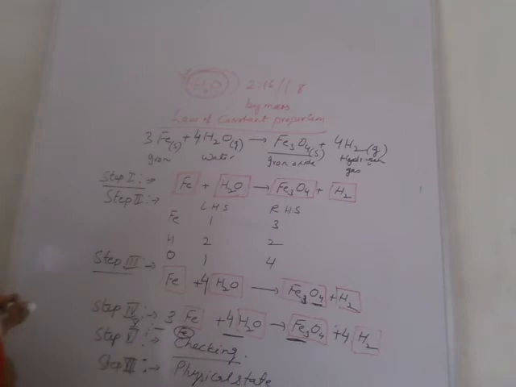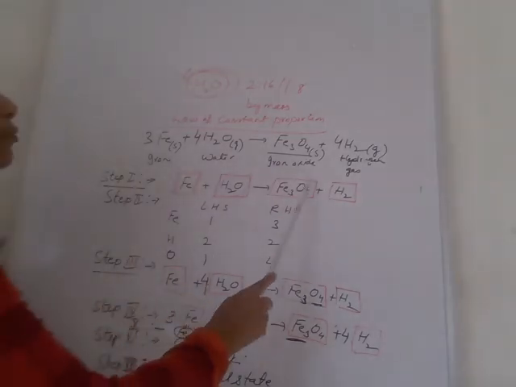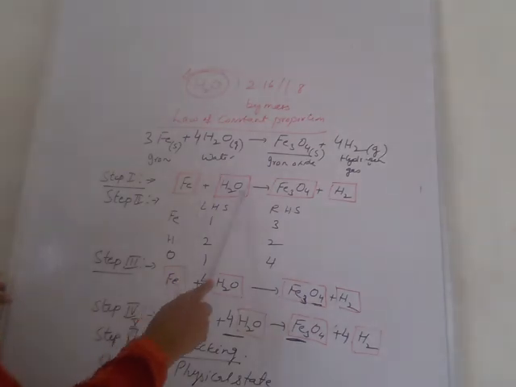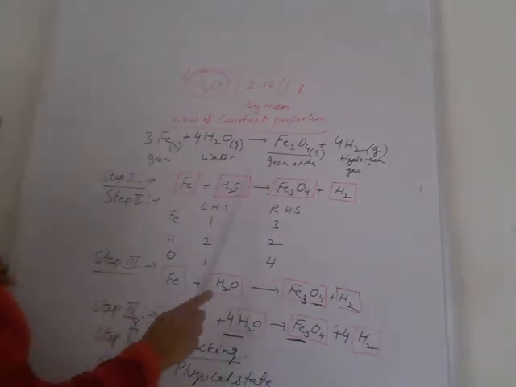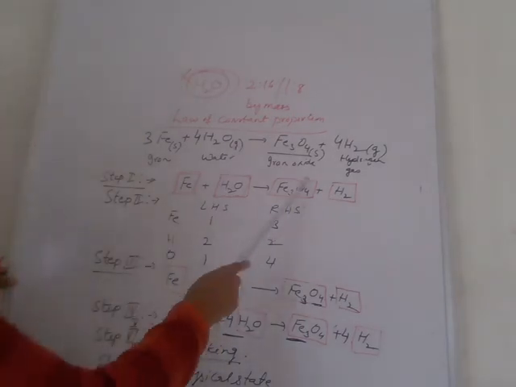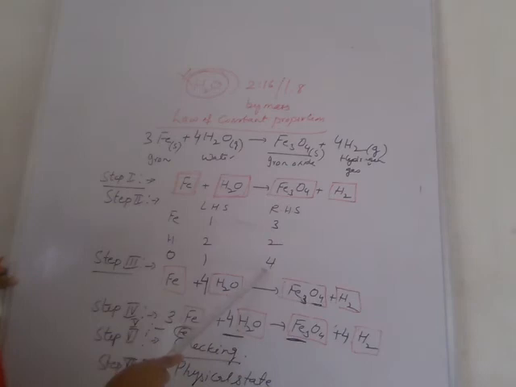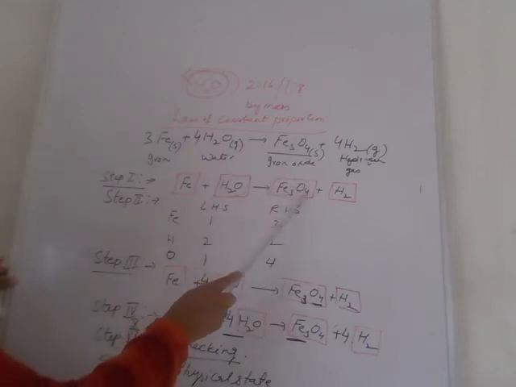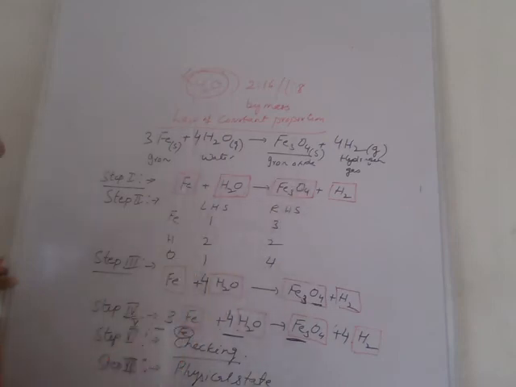In step 1, we are to draw a box. हमें हर एक reactant और product के formula के बाहर एक box बनानी है. Then in the second step, हमें हर element के number of atoms count करने हैं. In the third step, we will see the compound which is having the maximum number of atoms of any element. Like in iron oxide, here oxygen is having 4. So we'll start with the Fe3O4. We will balance oxygen first.